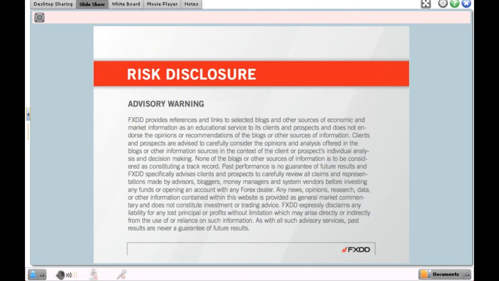So without further ado, let's go over to our MetaTrader, and what we're gonna cover today is basically how to set up a workstation and how to put some of the most commonly used Forex tools on your charts. And if anybody has any questions,